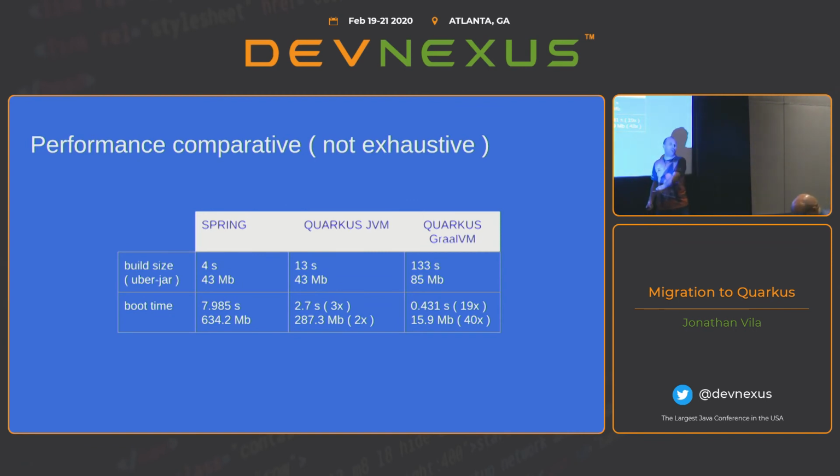Does the number for memory consumption include both the heap and the regular memory? It's a simple metric. It's the system monitor, and you see which memory is consumed there. The Linux process. Exactly, this is the Linux process.